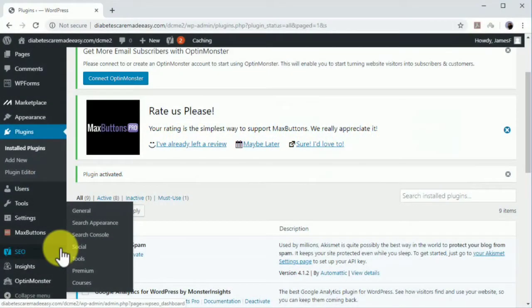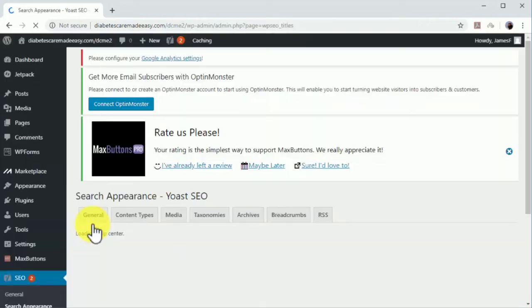Now that you've installed Yoast SEO, you can use it to apply your first on-site SEO optimization, a meta description for all your pages. Adding a meta description will help you to increase search engine traffic to your site, because meta descriptions help search users to know what your site is all about when your content pages appear in search results. Move over the Yoast SEO tab and click on the Search Appearance option.